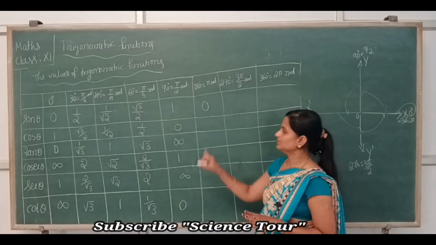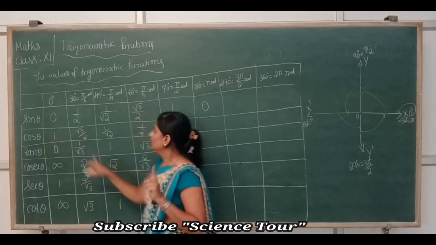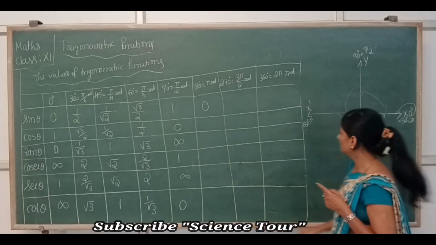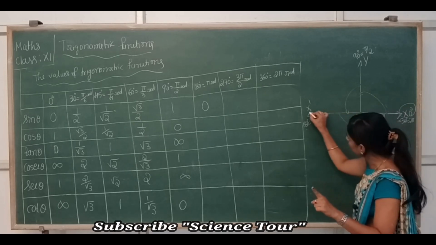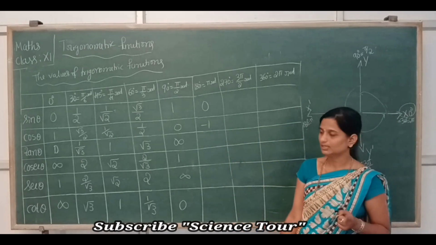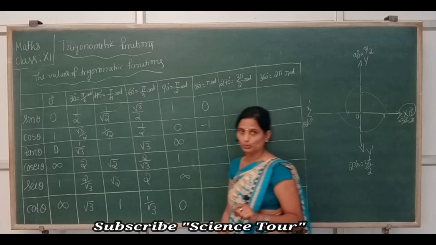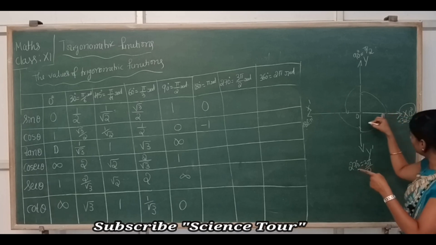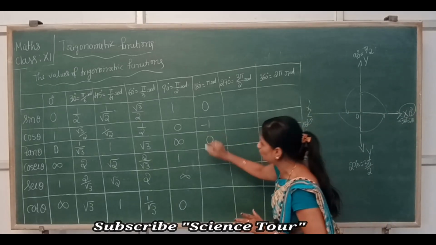Clear? Now we'll see cos 0. What is the value of cos 0? It is 1. Now can you write what is the value of cos 180? Cos 0 is 1. Cos 180 is the same, but it is negative. Means the answer is minus 1. Clear? Easy to remember. Now next, tan 0 degrees is 0. What is the value of tan 180? Tan 180 is the same but negative. We are not writing minus 0, we are writing just 0.